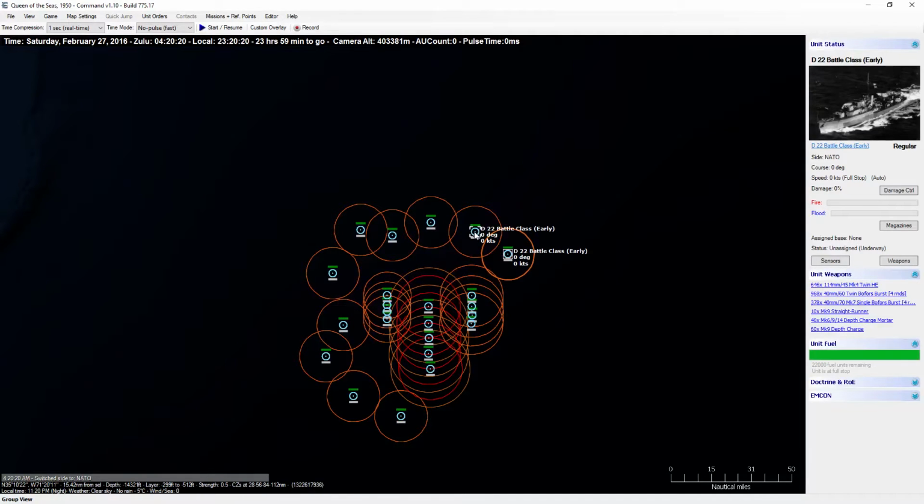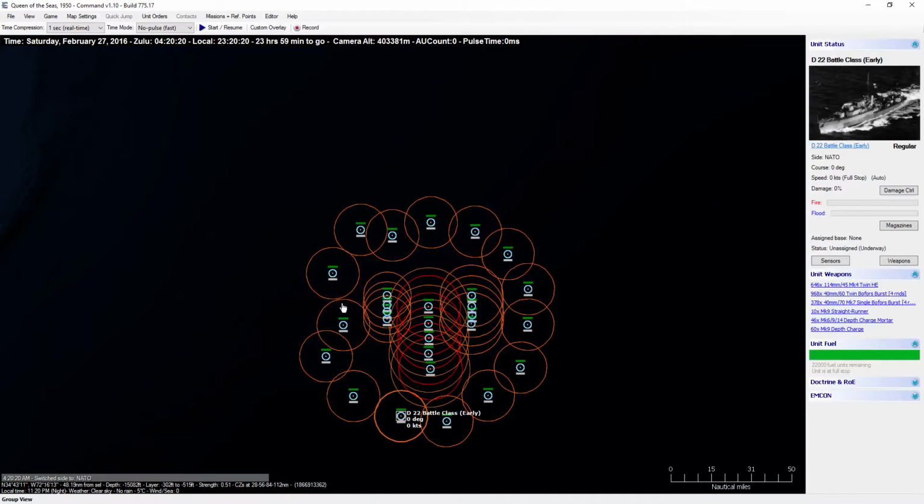So we should have 16. 11, 12, 13, 14, 15, and we'll just say like 16. There we go. We'll fix the formation again later, and that'll complete our